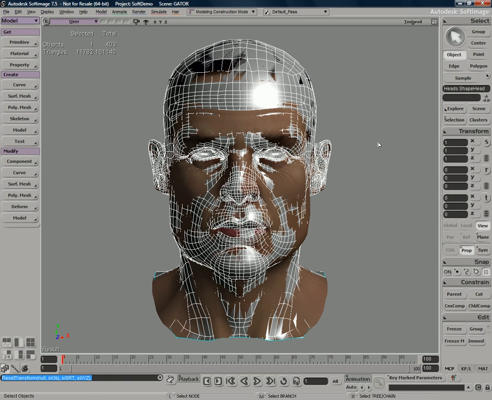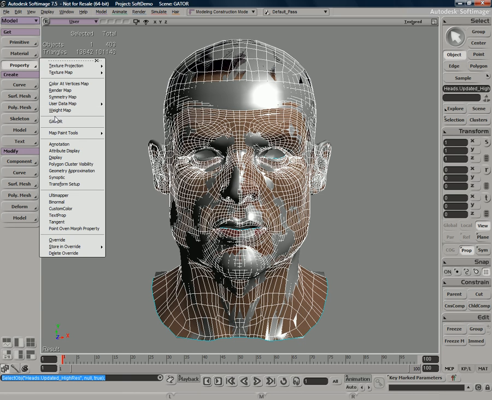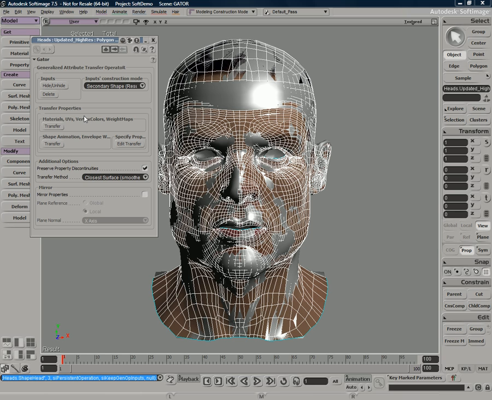And we're going to do the exact same operation that we did before using Gator. So select the object that we want to receive the data. In this case, it's the one with the wrinkles here and also the texture map. Same workflow: Property, Gator. Select the object that we want to receive the data from. Press the right mouse button to end the selection and bring up our Gator property page. From here, I just specify that, yep, I want to transfer all the shapes. Click on the transfer button, and just that easily, I've transferred all my shapes.